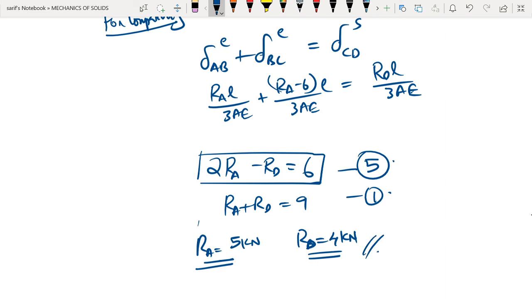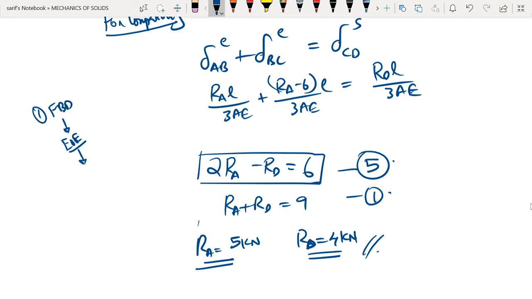Once again, how did we try to solve this? Every problem that we have seen till now has the same format of solving. First thing we have to do is draw the free body diagram of the body under consideration. From the free body diagram, we will apply the equations of equilibrium. We will develop some equations, and we will see that the number of unknowns in these equations of equilibrium is more than the number of available equations. So it is a not solvable situation.